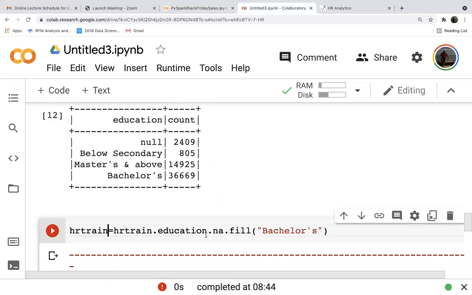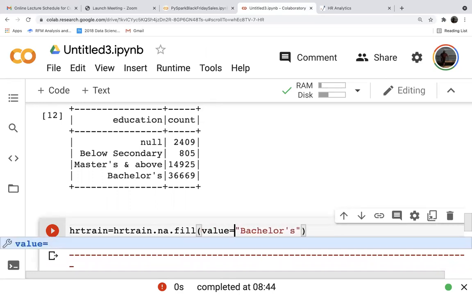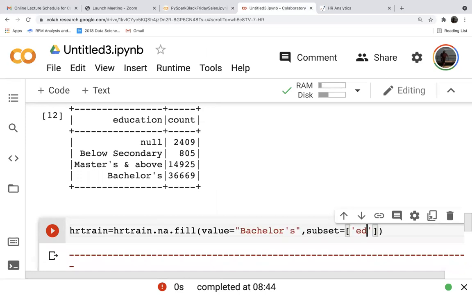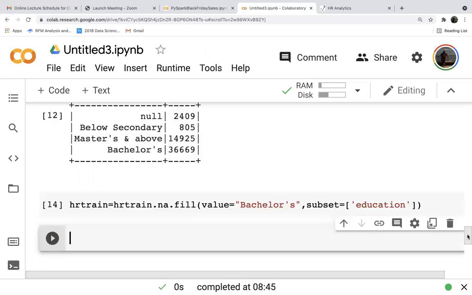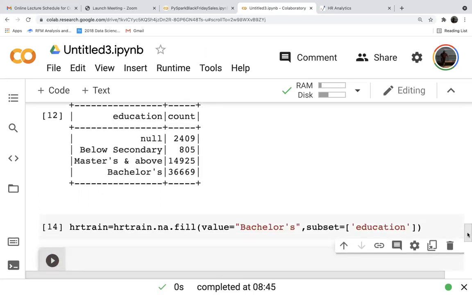HR train is equal to HR train dot NA fill, value is equal to bachelor's, comma, subset, square bracket, single quote, education. So HR train, we have filled the missing value with bachelor's.